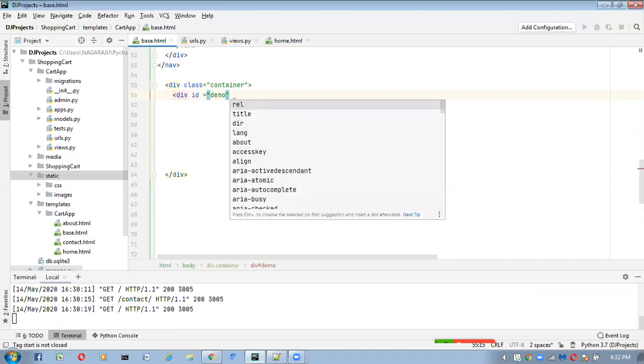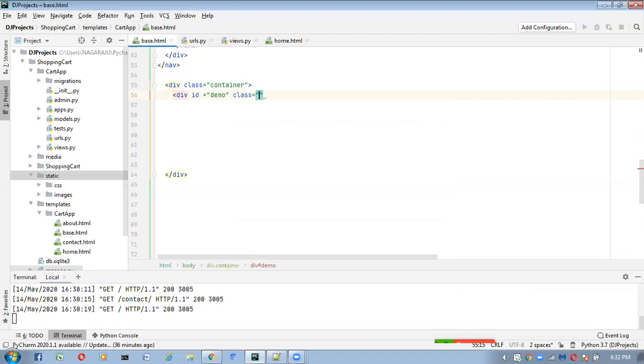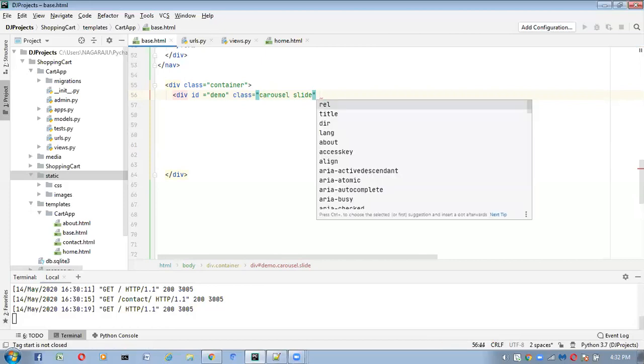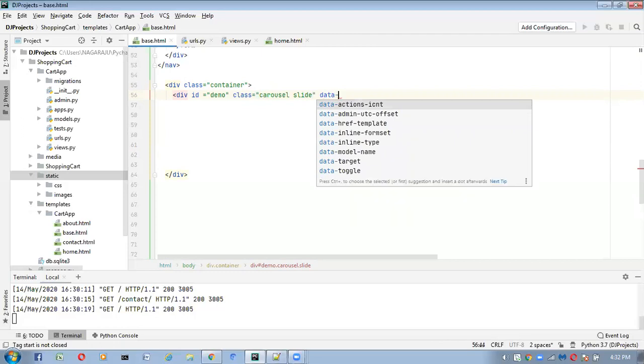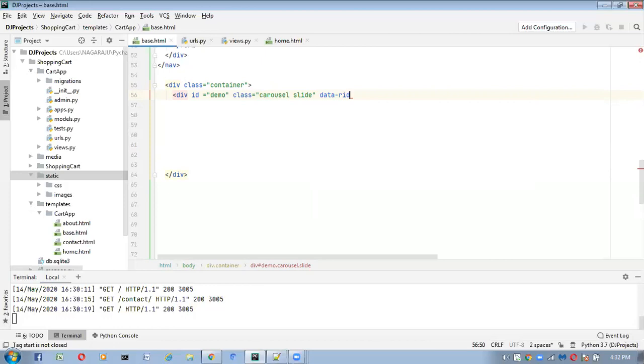Next here, class is equal to carousel slide, like this I'm taking it here. Next here, data-ride is equal to carousel, I'm taking like this.